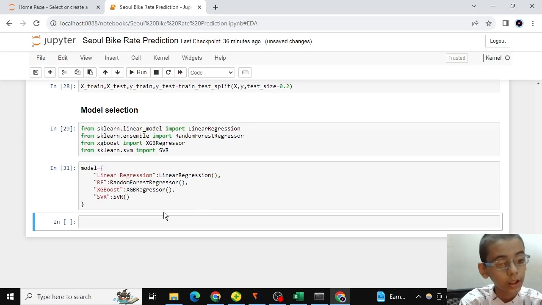Okay guys, we have imported all the models and created a dictionary and listed them out.